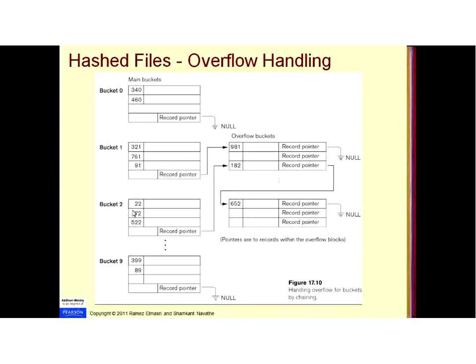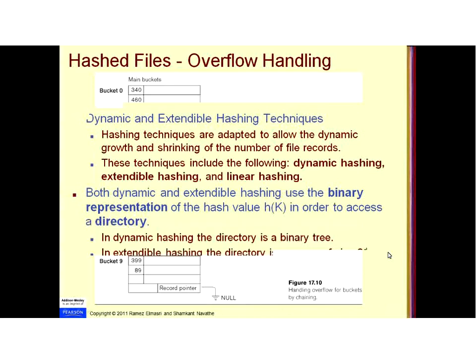So if some of the buckets like bucket 1 and 2 are filled, because they had 3 slots and all 3 slots are filled, you keep a pointer which points towards a location in the overflow bucket, which has another pointer which may point towards some other location. So your data may be placed at multiple locations in the overflow bucket, not on consecutive locations. In this way you handle overflow.